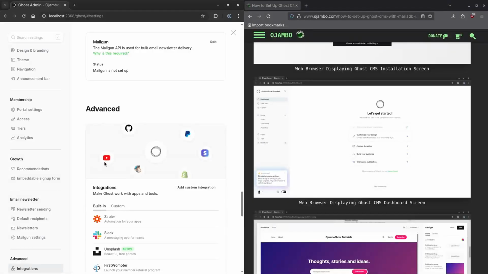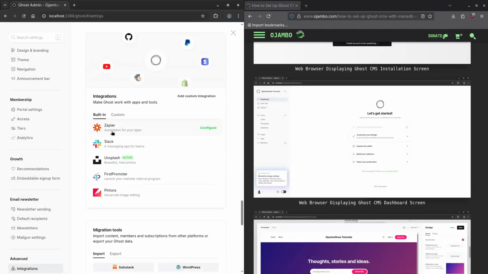I wonder what social media that one is. Obviously this one is GitHub, this is PayPal, this is Stripe, this is Shopify. I think this one is MailChimp. I'm not familiar with this one. Is that Ghost? I think this is Ghost. Hey, pretty good. And then the others like Zapier, Slack, Unsplash, First Promoter, Pinterest, and you can obviously add custom